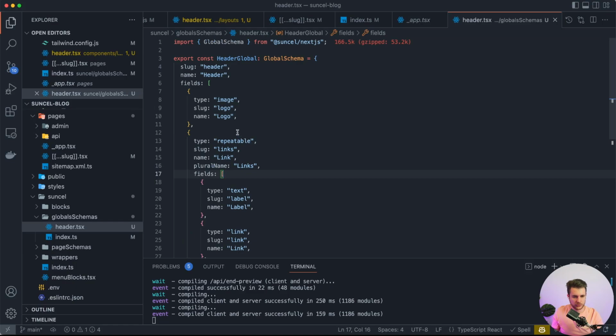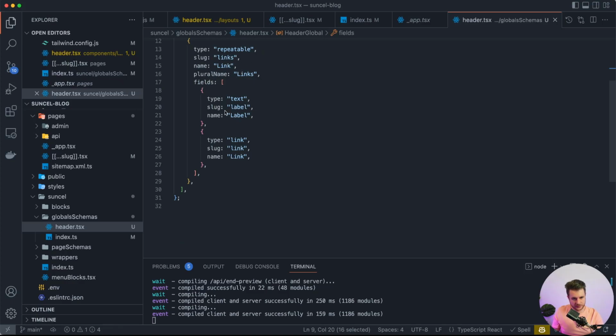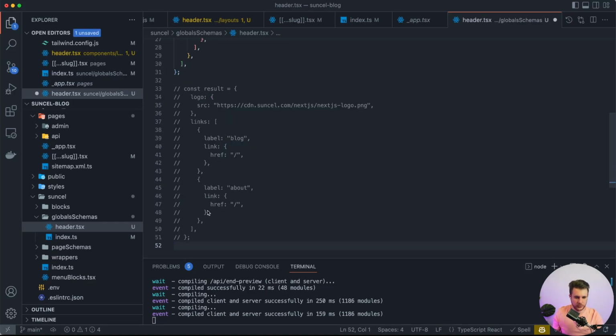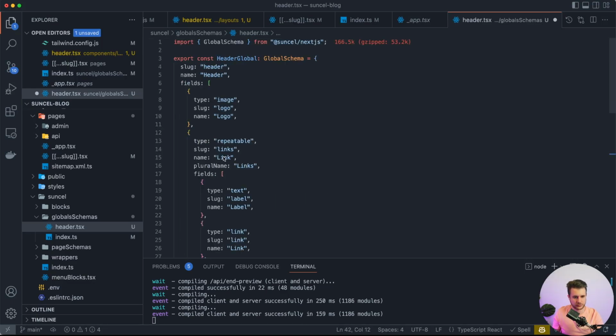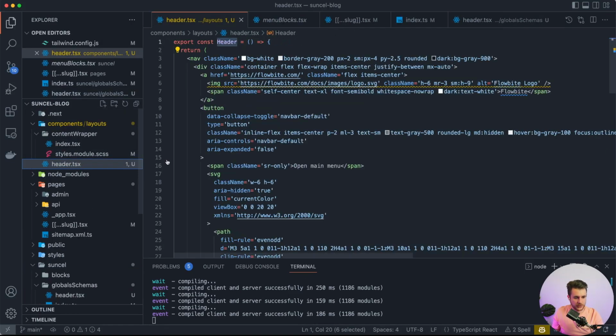So now if we come back to the code, here we have our global, and when we fetch it, we will receive an object with a logo with the image, and a list of links with a label and link inside. So basically we will receive this: the result, the logo, and an array of links with label and link inside. Okay. So now that we know what to expect as a type, we can come back inside our header component,